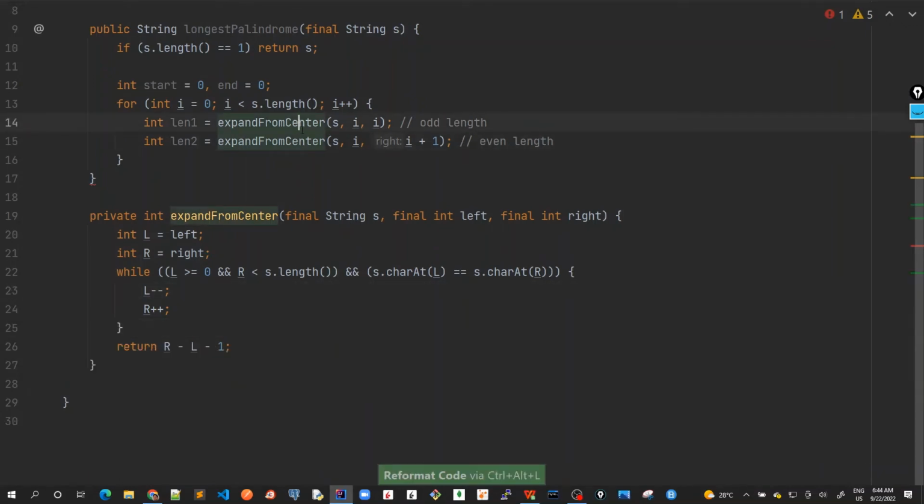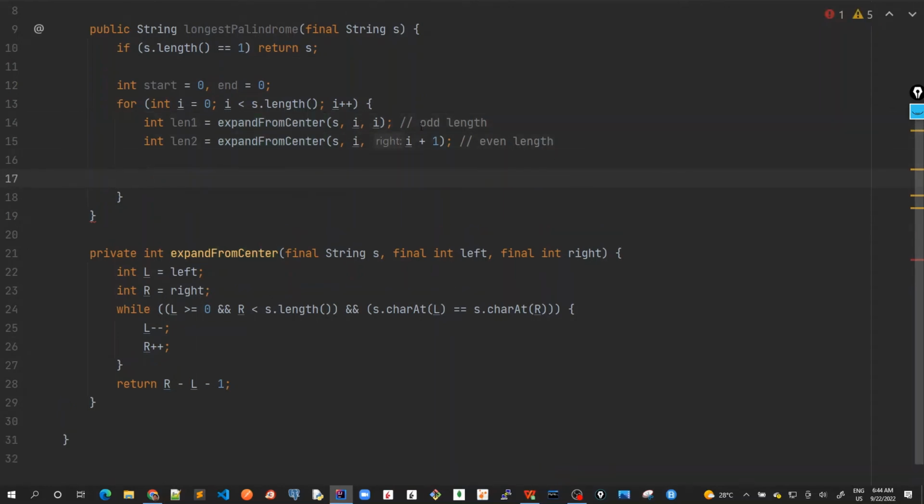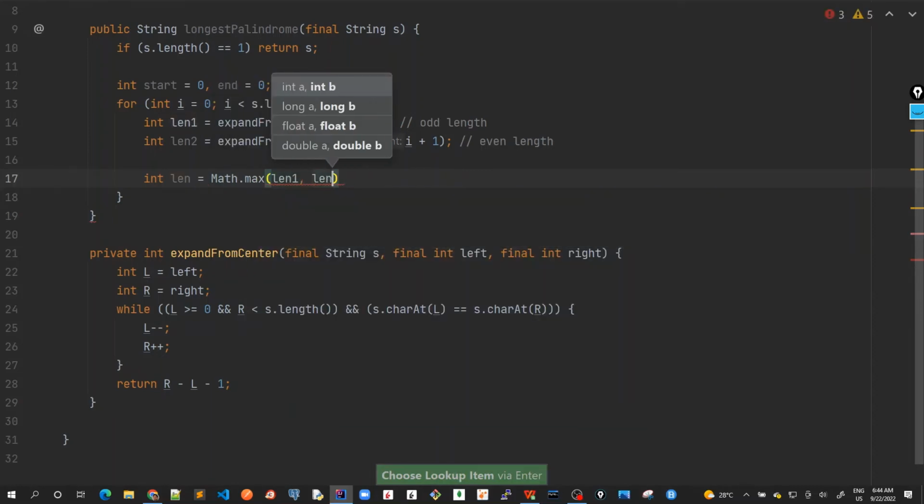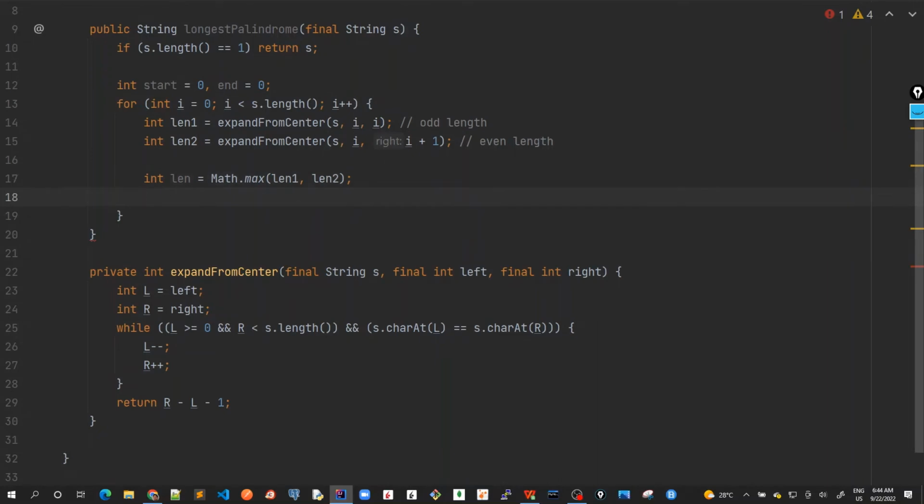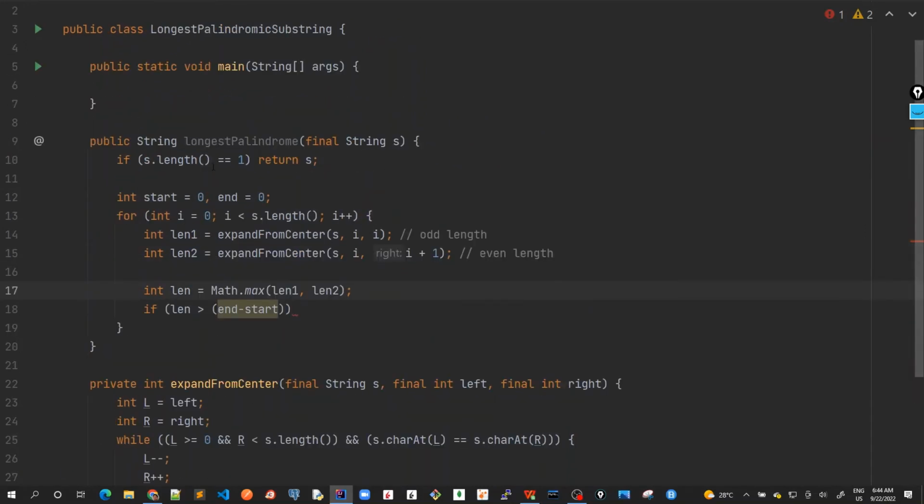And now we have covered both cases, odd and even length, right? Now we have found both conditions, odd and even. We are not creating any extra else condition, as we discussed. Now we have to take the maximum length found out of these two, for both the cases of odd and even. So we'll take len1, len2, and again we have to check the condition that it should not be overflowing. So it should be end minus start. Just notice that end and start are for the whole of the algorithm, not just for a particular index. So this is where we'll be maintaining our